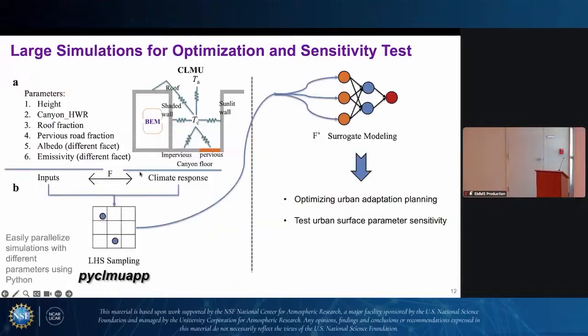And the last use of the PyCLMU app is that we can easily do large simulations for optimization and sensitivity tests. For example, we can sample a lot of parameters from the CLMU, and we can make it much easier to parameterize a lot of simulations with such different parameters using the Python interface. And with different sampling algorithms like the